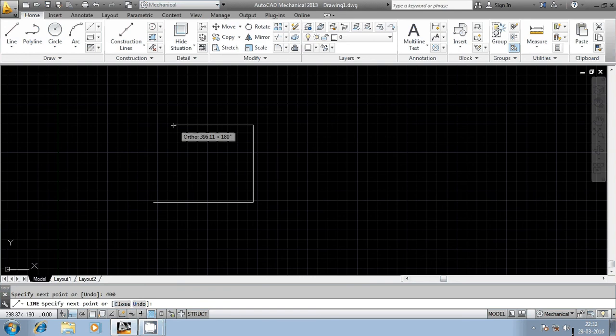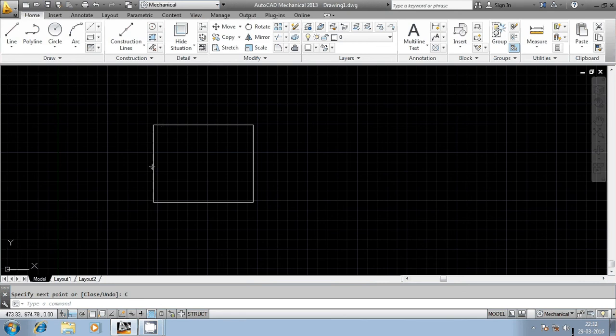I want to create the line in this direction, so I am moving the mouse in this direction. Now enter the distance in this direction. I am entering 500, and after that I want to terminate at the first point. In order to terminate at the first point, you need not enter the distance once again, just use C, that is close. Now I entered it here, so a closed entity got generated.